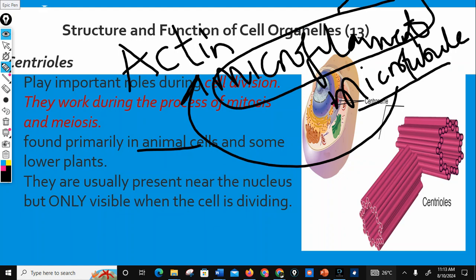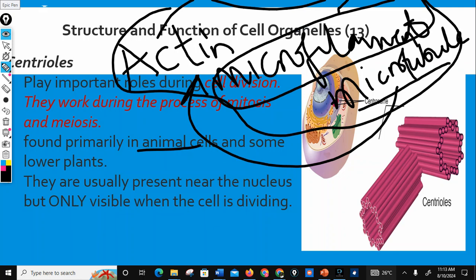The major thing is that both of these help in giving the cell its shape. They are usually found at the boundary of the cytoplasm, close to the cell membrane, inside of the cell. And the function is in keeping the